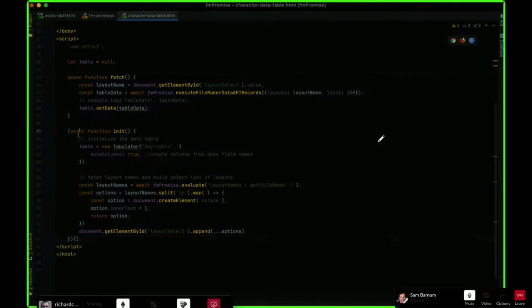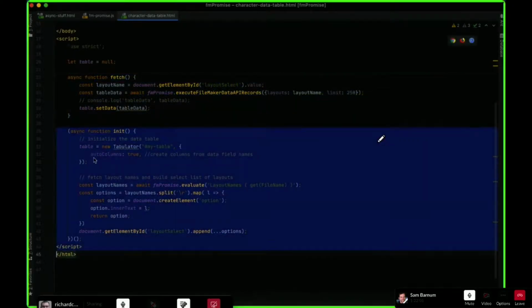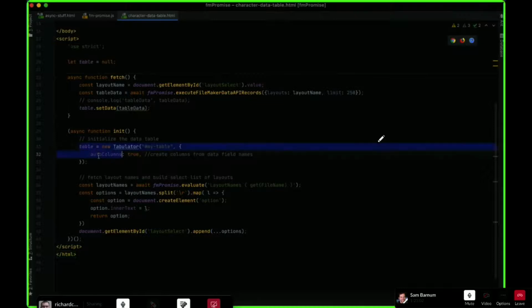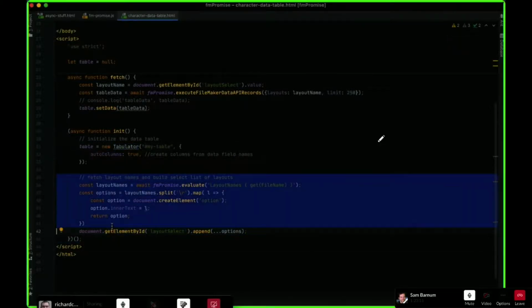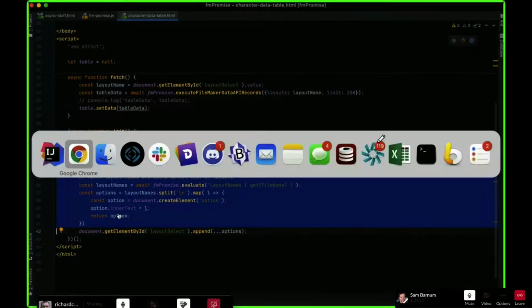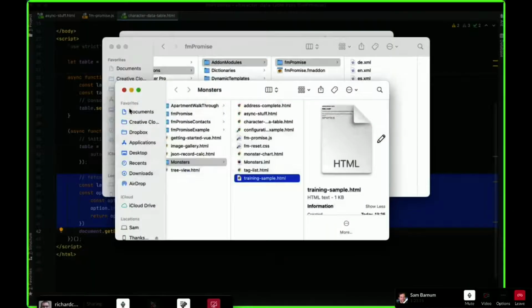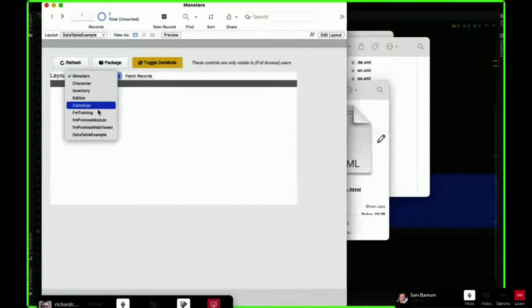We've got an init function that runs as soon as the page loads, and this basically instantiates our data table with no data in it yet. This is just to build the layout select. Let me show you here. These are all the layouts in our solution.